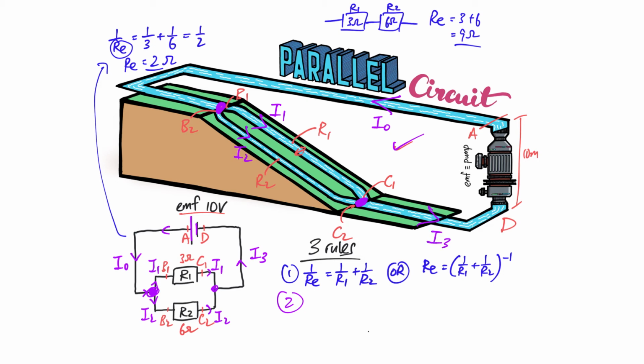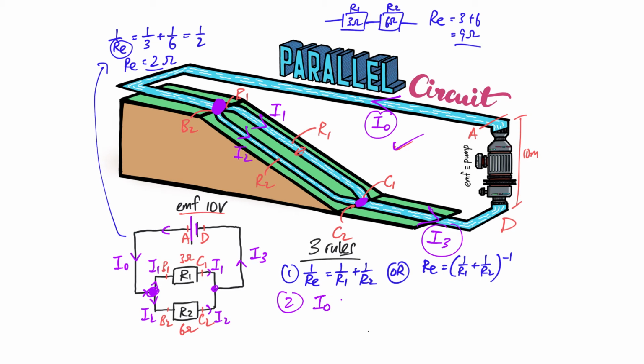So at one look at this diagram, you can actually know that I1, the big river, and I3, the big river at the bottom, are actually the same. Only when it comes to this point here, it will split into two smaller rivers, and then they join back again. So the relationship will be